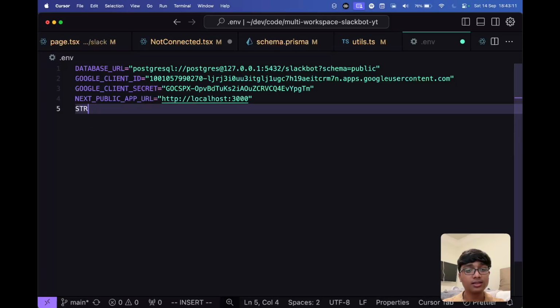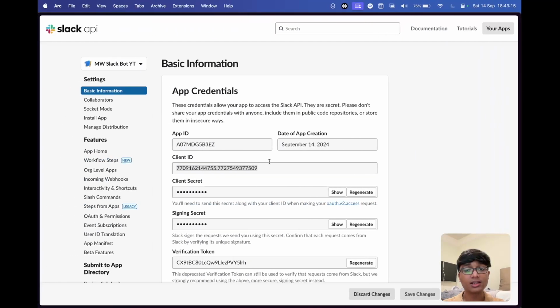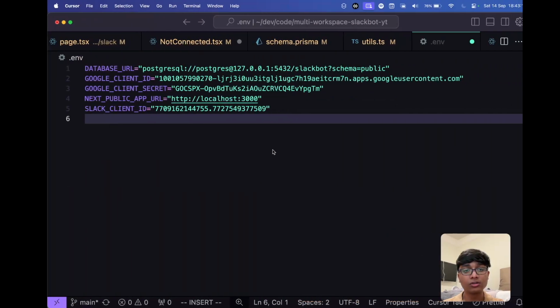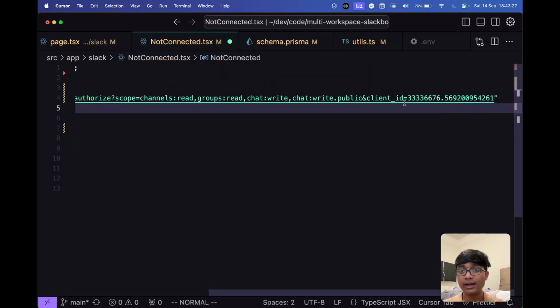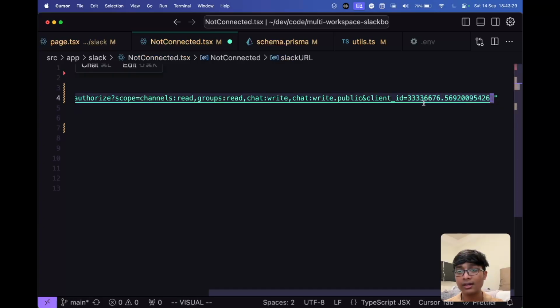So we will say SLACK_CLIENT_ID, and we need the client secret over here. Click on show, copy that, go SLACK_CLIENT_SECRET and paste that in. Once that is done, you can go to not connected, and over here, instead of client ID passing in like this,